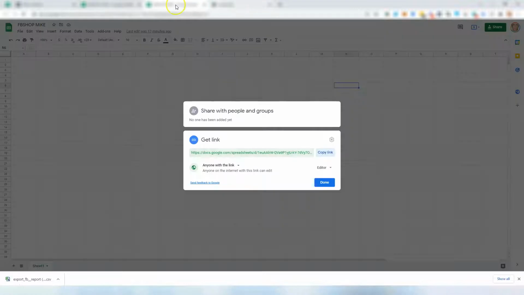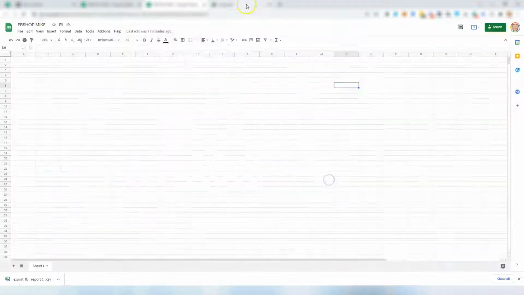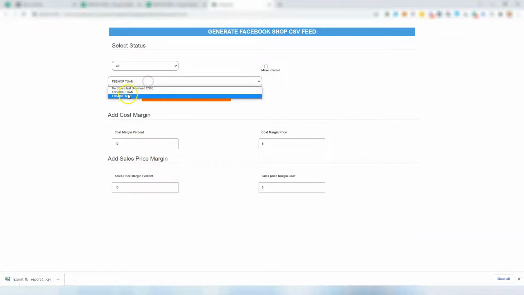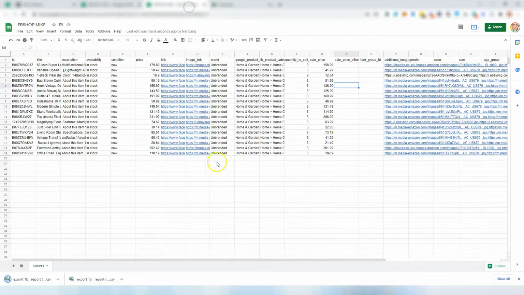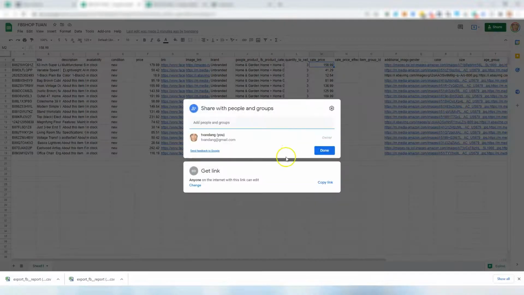Now let's push this to shop very quickly. All we have to do is change to Mike, okay, and then we apply the same margin. Voila, there it is. And now all you have to do for each of your shop, you will take this URL,